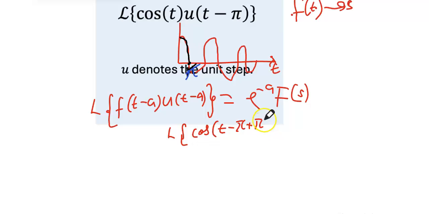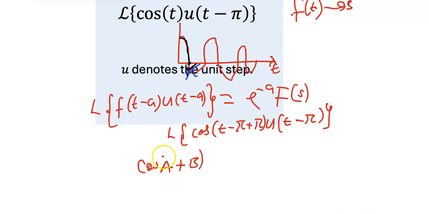You get that? So if I close this and multiply this by u, and I still have my t minus pi in this side, and close this, then I will now split this apart using the cosine over sum rule. And what is that cosine over sum rule? The cosine of a plus b